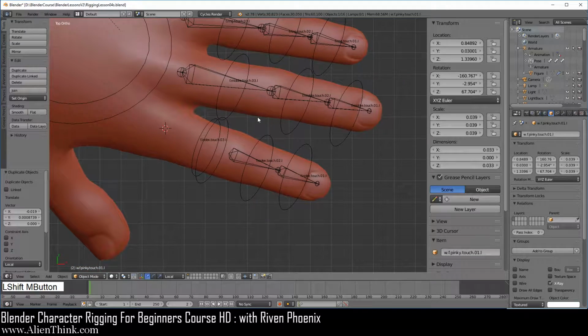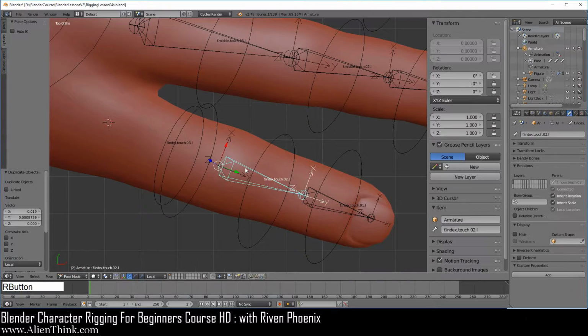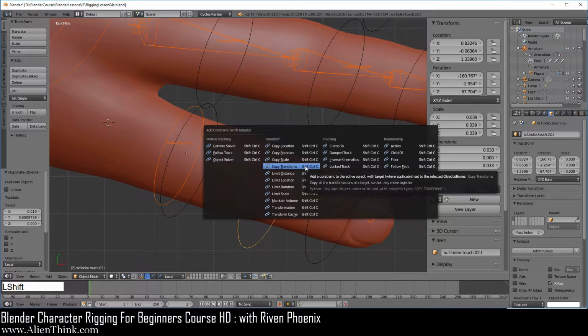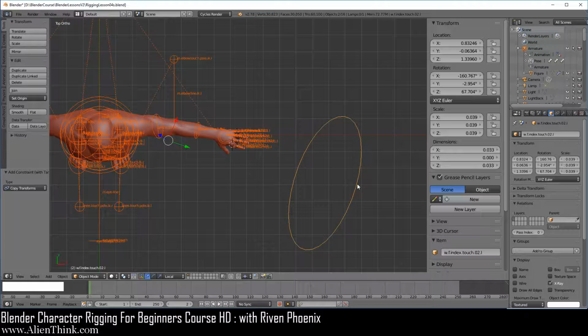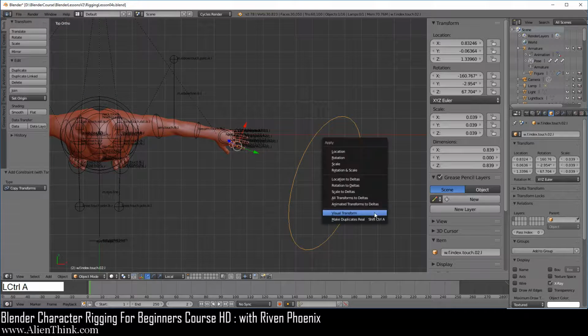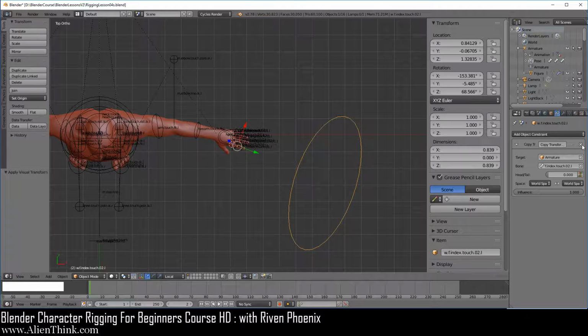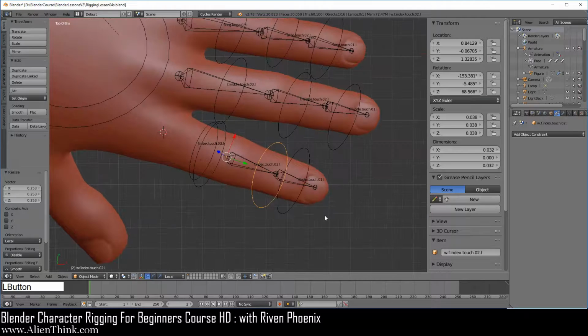Okay, so now that we've done this, what we're going to do is go ahead and click on this bone, press the Shift key down, click on this one, do Shift Control C, and here we're just going to do copy transforms. Now what this is going to do is simply make this a little bigger, and that's fine. Just click on this, do Control A, do Visual Transform, go to the constraints, turn this off to make sure that it took it, click over here, and all you have to do is press the S key to scale this down, right? And here it'll just align itself over here.